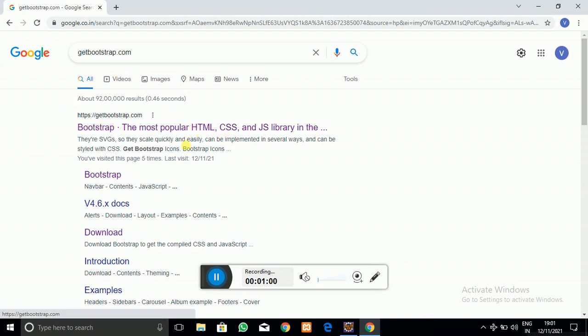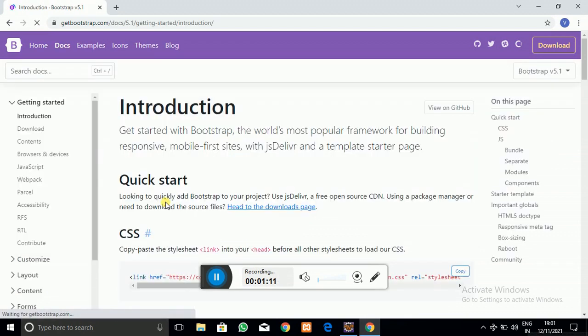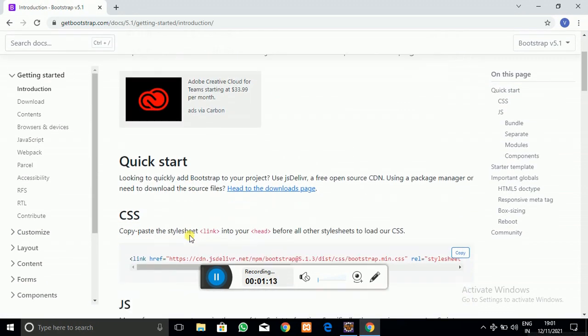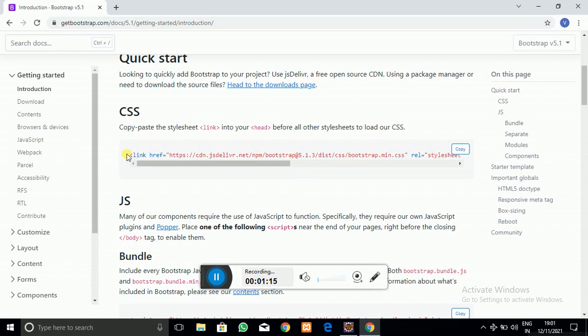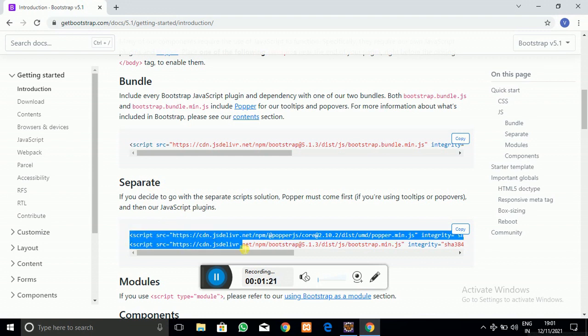Click on it, and when the website opens, just click on the Get started button. Here you can see the content delivery network, that is, the CDN link. This is the CDN link of the CSS, and this is the CDN link of the Bootstrap JavaScript file.